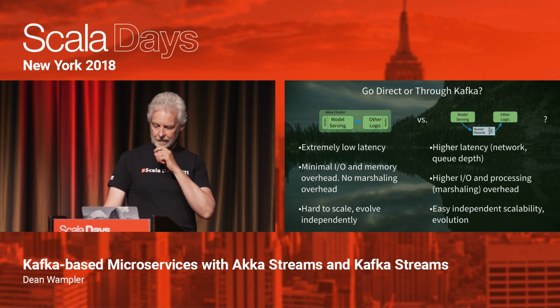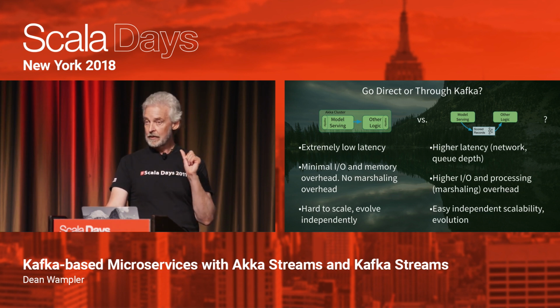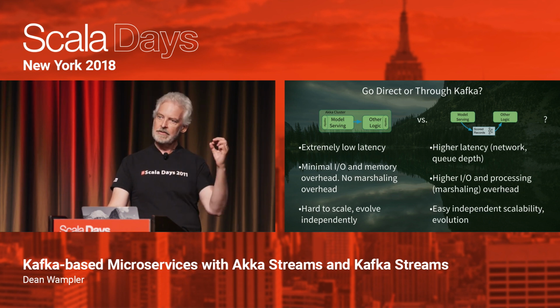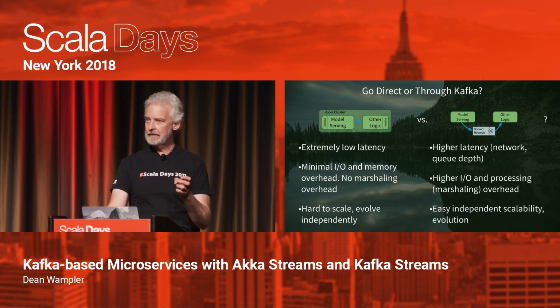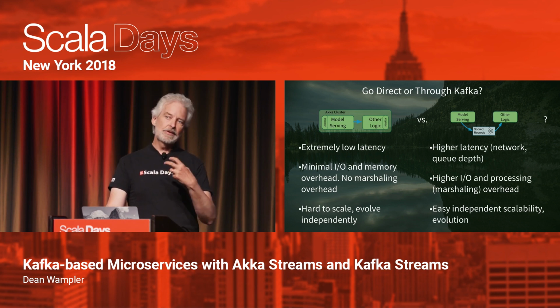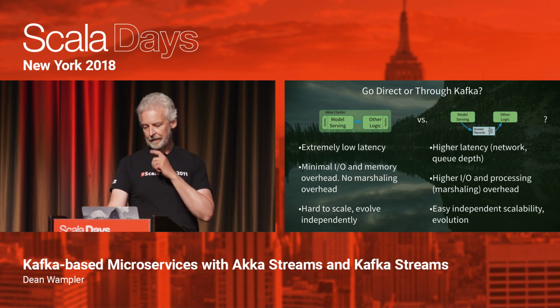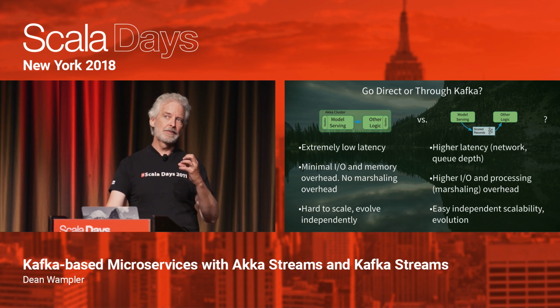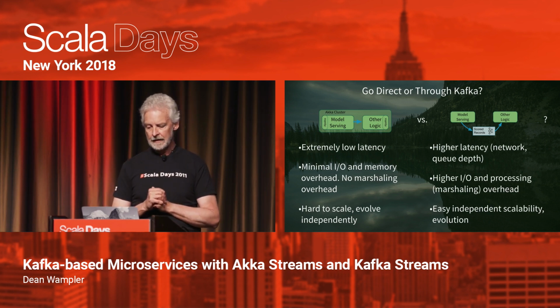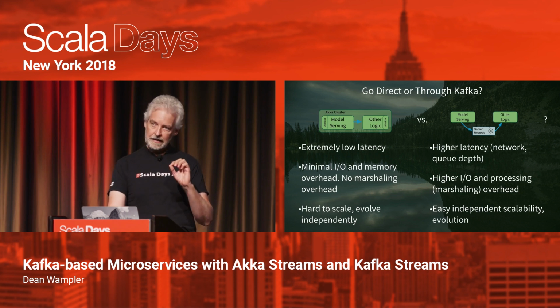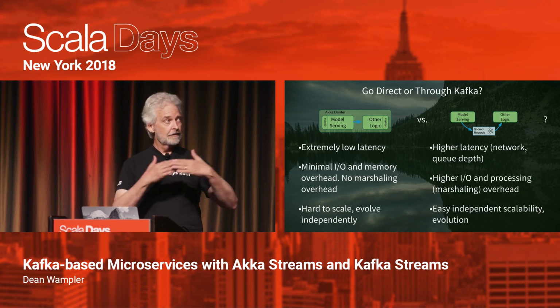All right, now let's talk a little bit about something I alluded to a minute ago. When would I not want to go through Kafka? And when would I want to go through Kafka? The advantage of a direct actor-to-actor call is it's extremely low latency. It's little more than a function call. Very minimal I/O and memory overhead. And I don't have to do any marshaling of the data to send it across a process necessarily. That's a bit of an exaggeration, but it gets rid of a lot of the things that happen when I go out of process. But it is harder to scale,